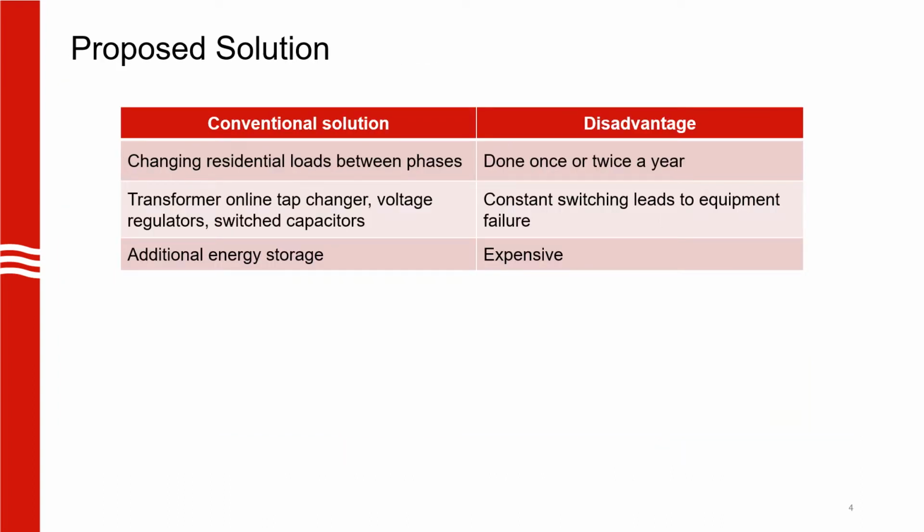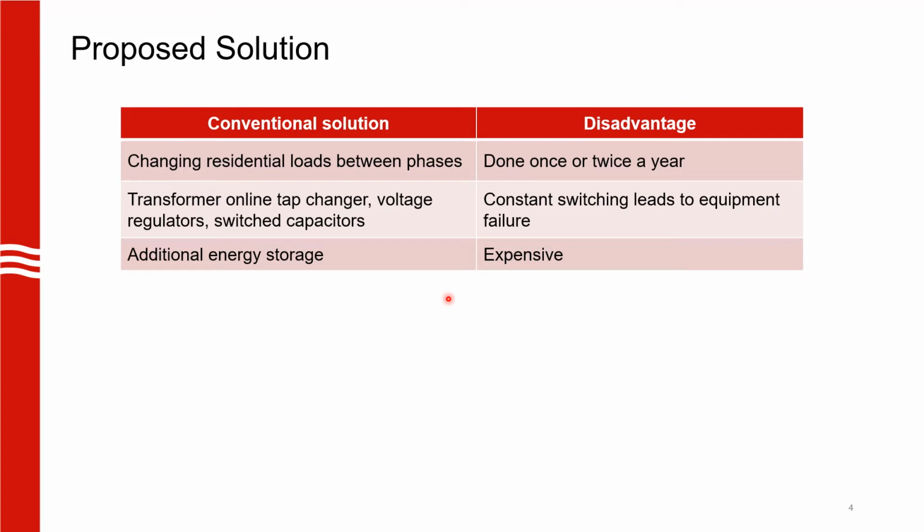There are existing methods in order to mitigate voltage unbalance. One of them is to switch the residential loads between the phases and allocate them evenly, but this is done rarely in the year, and for most of the year the grid is still unbalanced. The other option would be to use transformer or regulator taps, but this requires constant switching, which might lead to failure of the equipment. The third option is to have additional energy storage devices in the grid, but this might